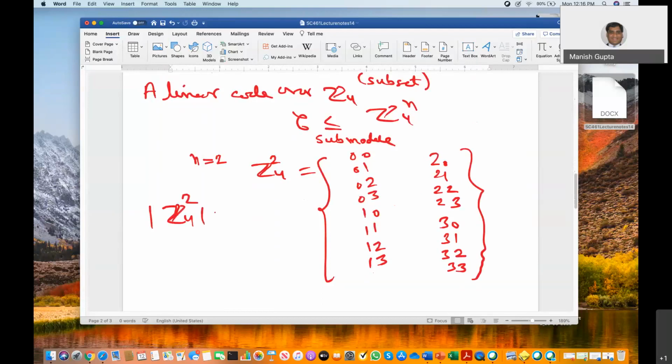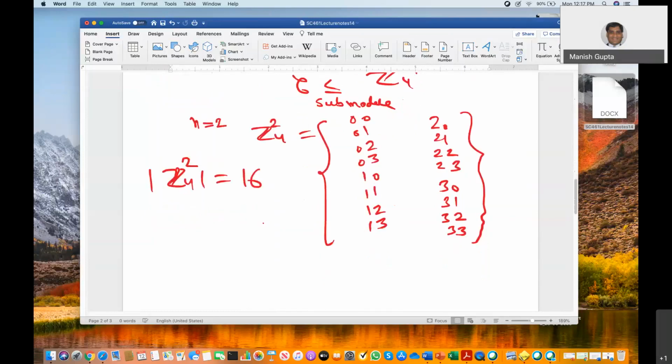N is 2. So of course there are 4 choices for each coordinate. So we are having 16 vectors, right? Now the question that I am going to ask you: if I want to generate this space Z4 square, how can we do that? So one natural way will be that we take